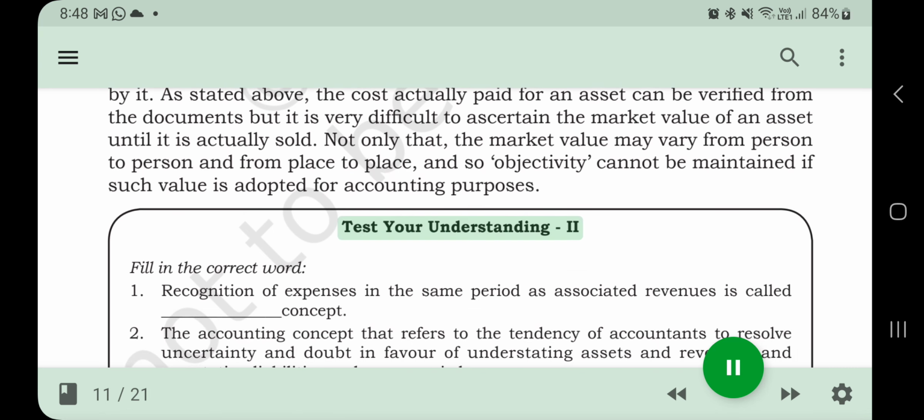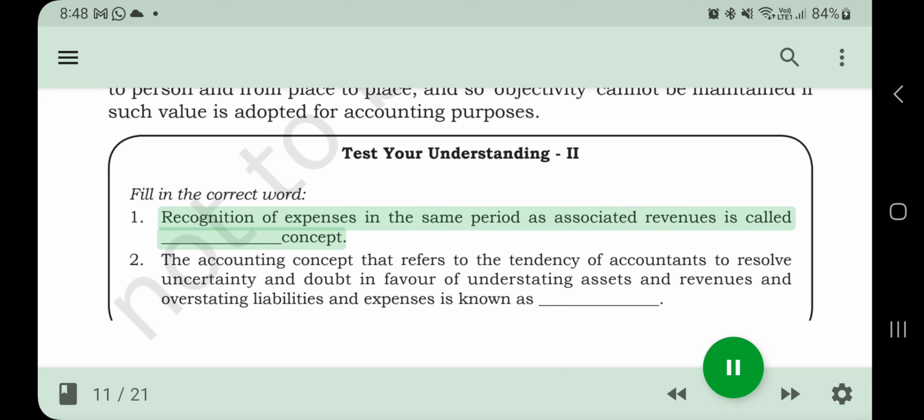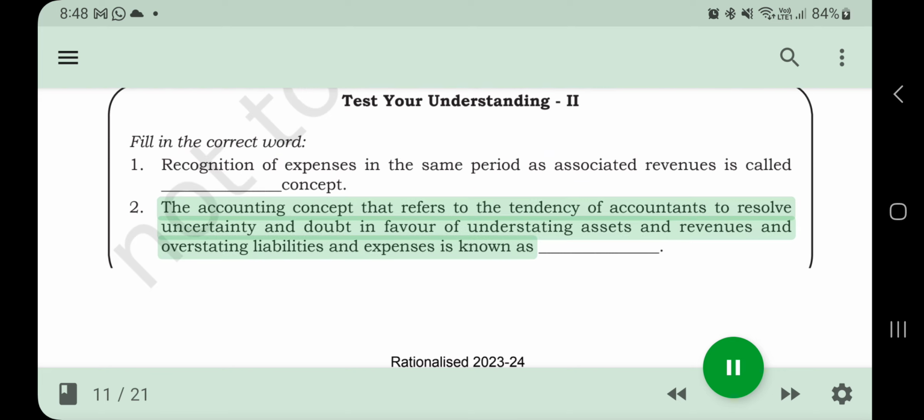Test your understanding. 2. Fill in the correct word. 1. Recognition of expenses in the same period as associated revenues is called concept. 2. The accounting concept that refers to the tendency of accountants to resolve uncertainty and doubt in favor of understating assets and revenues and overstating liabilities and expenses is known as